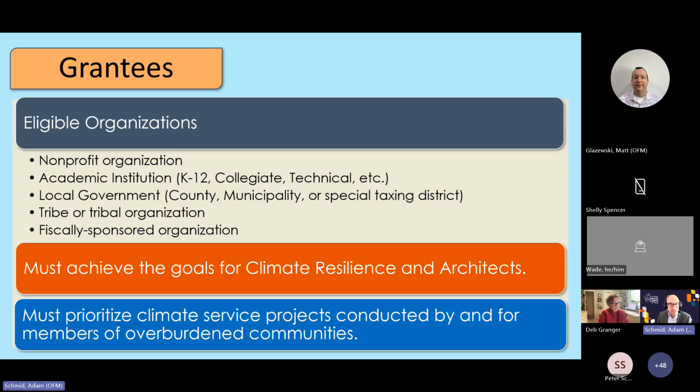Everything we talk about here today in the webinar, I really encourage you to look for in the applicant toolkit as well. We've got a definitions section at the bottom of the toolkit, as well as more in-depth details about our goals and what we mean by climate resilience. On the topic of overburdened communities,